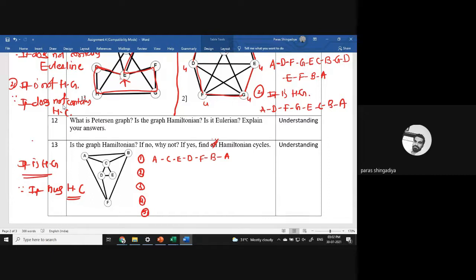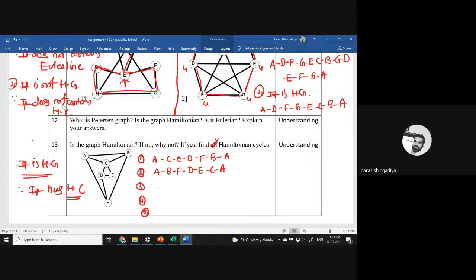Now we have to change it. Let's start with D, F. Any starting place you can consider, and now move in another way. Clear? A to B first. Then after F, F to D, D to E, E to C, and C to A. That is another one. The route is changed. Clear? The path is changed. Now let's change the starting place.